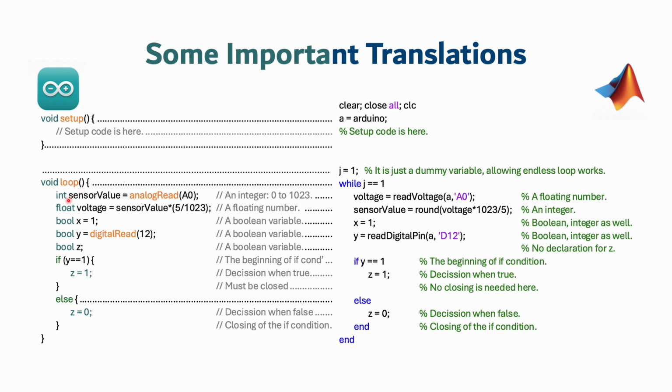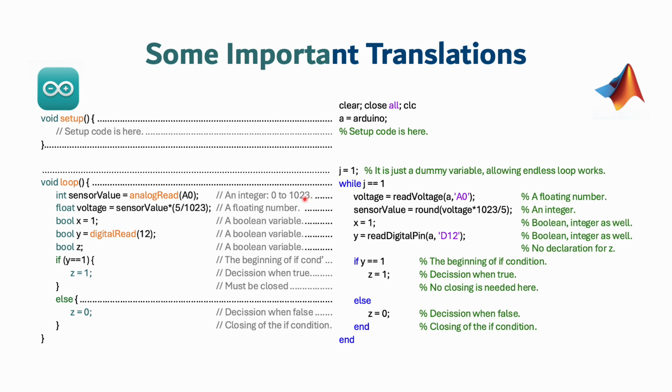Please have a look at this one. INT stands for integer. The sensor value is most likely an integer starting from 0 up to 1023. This maximum number comes from the fact that the Arduino I use here has a specification of 10 bits. 2 power 10 is 1024, but since we are counting starting from 0 instead of 1, it stops at 1023.